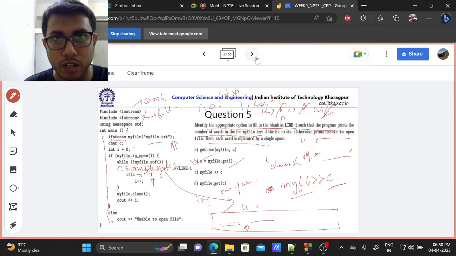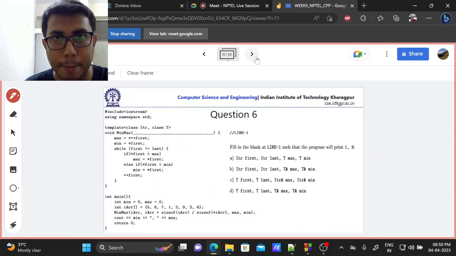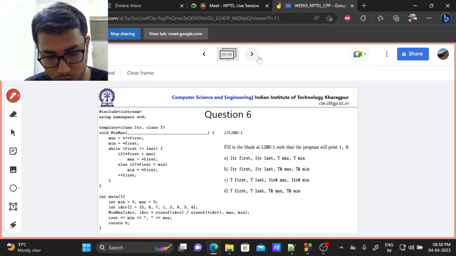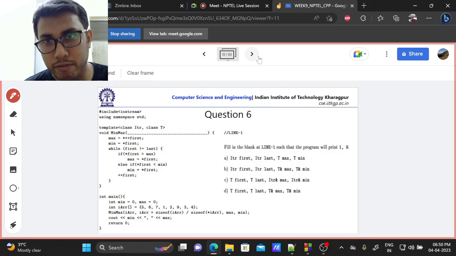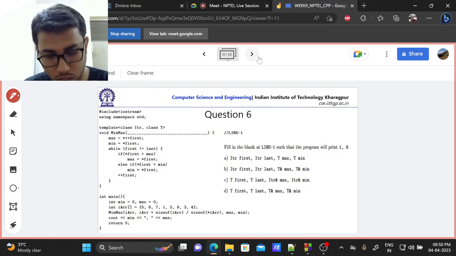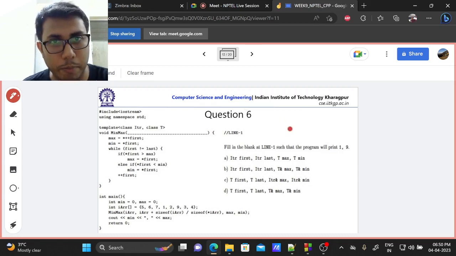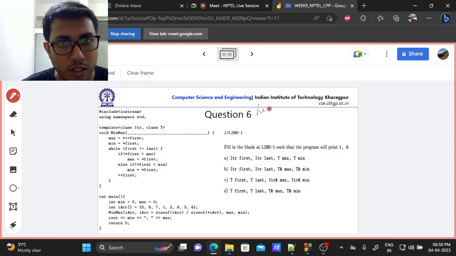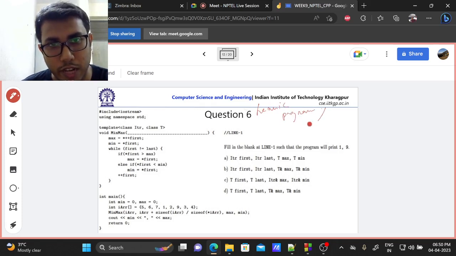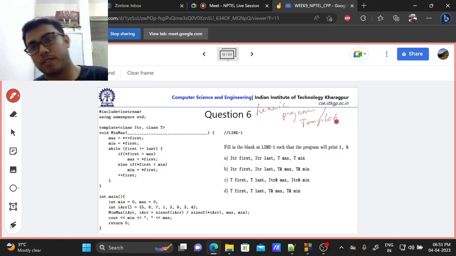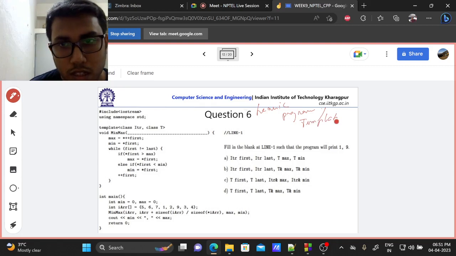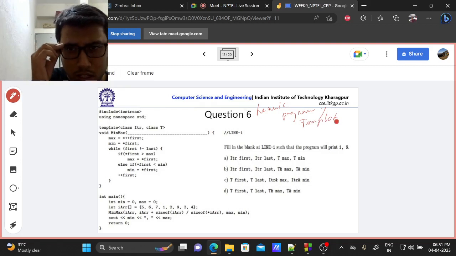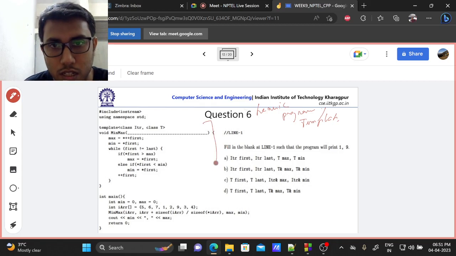So let's go for the next one. Here you have, so these questions are quite different from the previous ones. In this one we come back to the world of generic programming slash templates, right? So here you have a template,